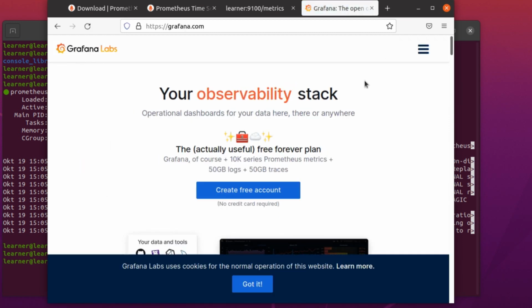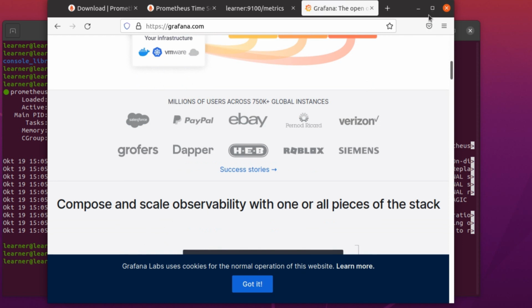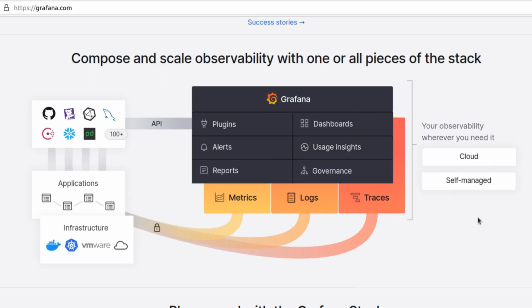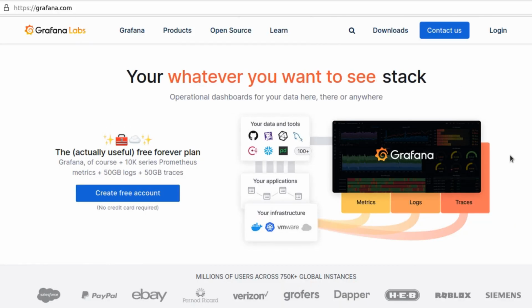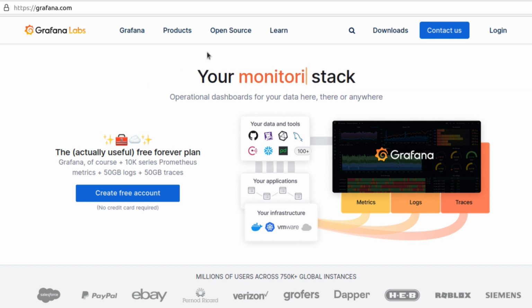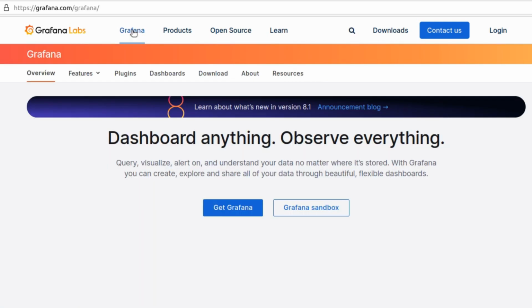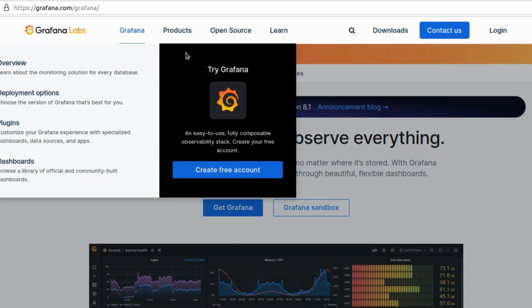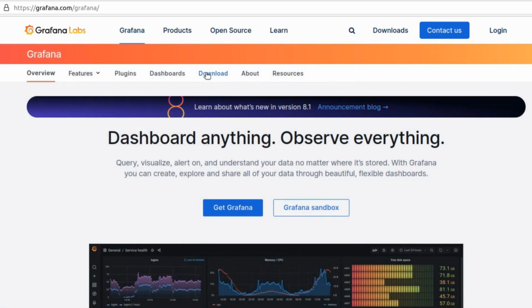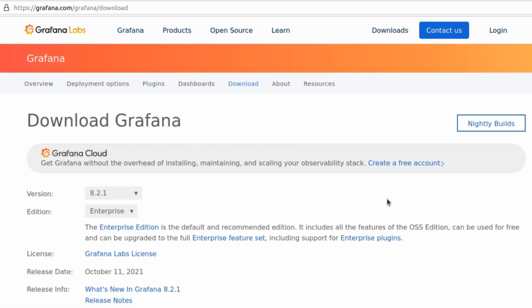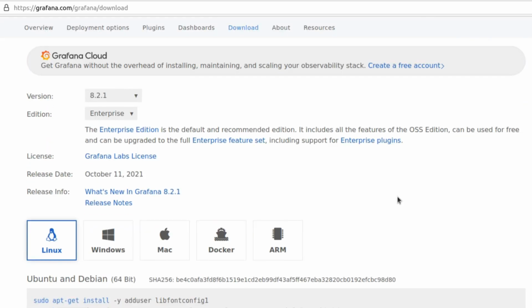After that, I make the window a little bit wider. After that, I go again to Grafana and I just click on Grafana, and this time I go to download here and I click on download, and you see here we can download